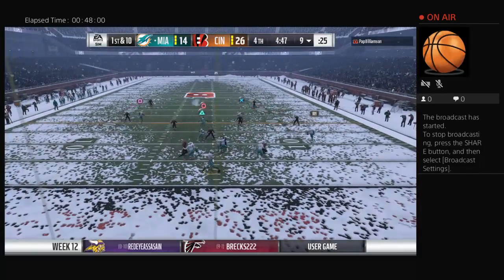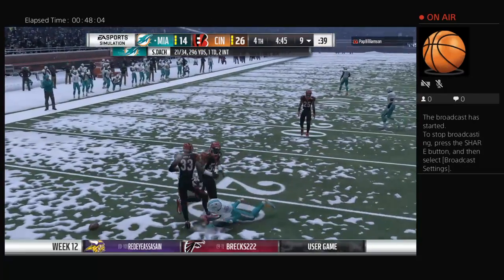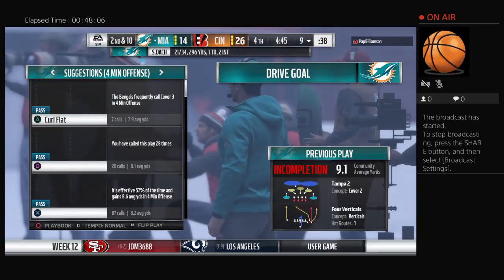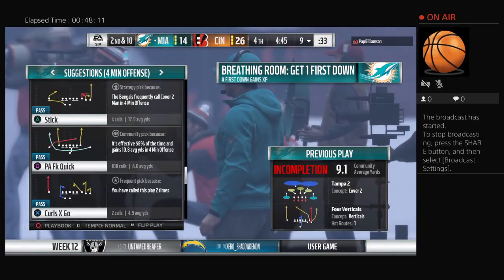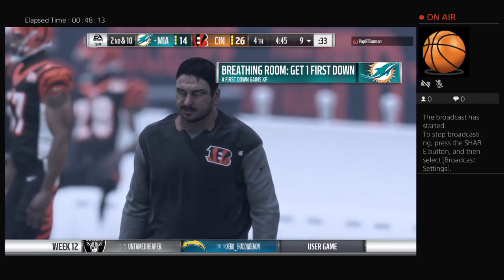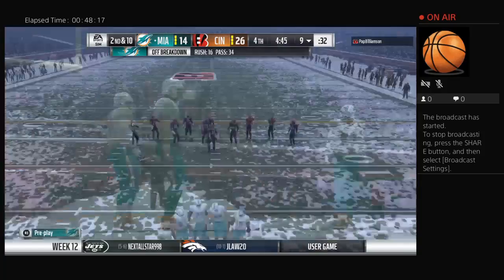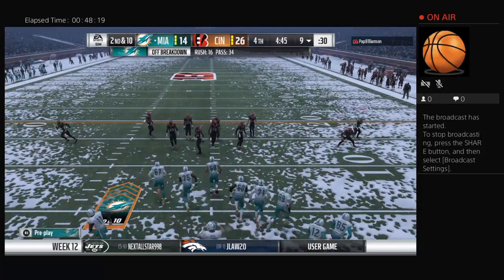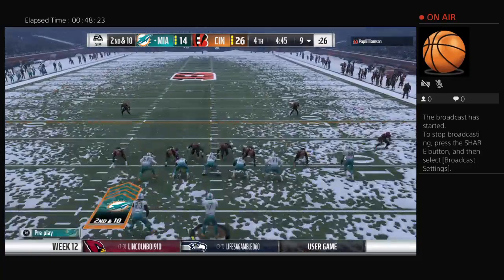Trying to shake off the interception. He'll look to throw. And lucky to get away with one there. That one nearly picked. 2nd down. I guess they're in a situation now, 4th quarter, where they're forced to take some chances, but I don't know that that was the type of chance you want to take. And that one could very easily have been intercepted. And if it does get picked off, that could possibly seal this one. Here we go now. Green,